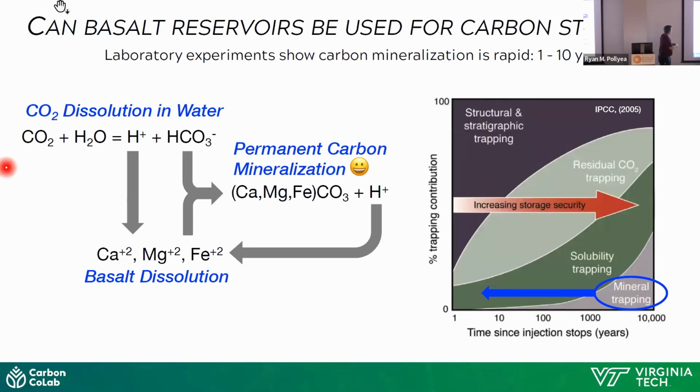The CO2 dissociates in water, giving us hydrogen and bicarbonate. The hydrogen acidifies the water, which gives us carbonic acid and leads to the dissolution of your pyroxenes and olivines. So now we get our divalent cations released. The divalent cations connect with our bicarbonate, and that leads to stable carbonate minerals. That also releases hydrogen, so this feeds the reaction,